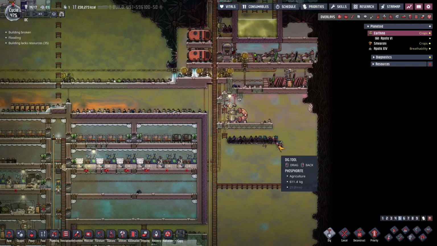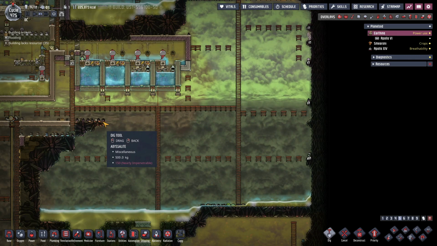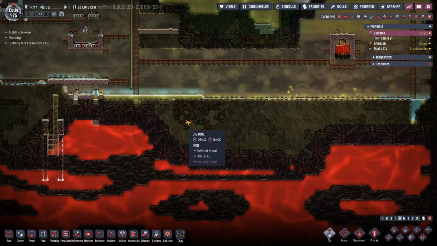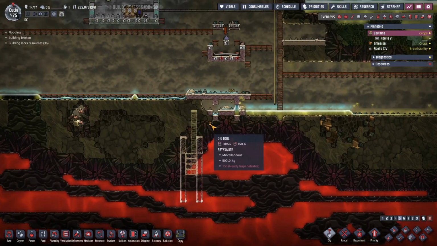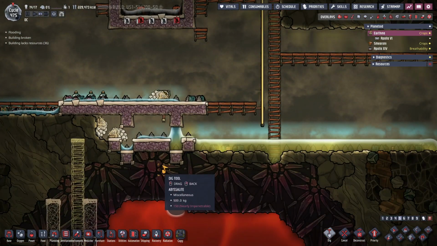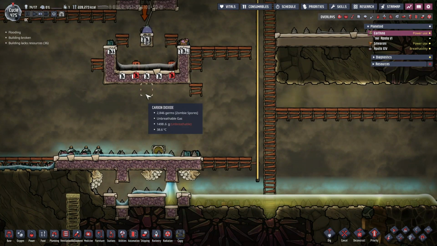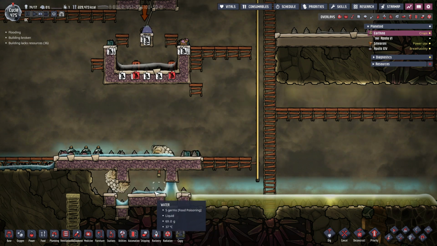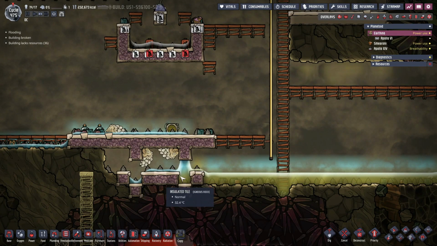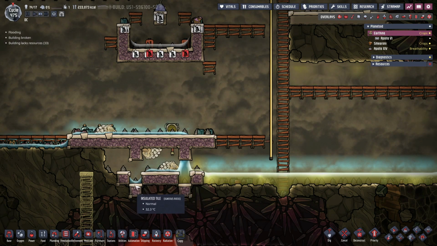So other than that, it's just a matter of continuing to dig out the rest of the map, which we're working on. And I think it's time to really start working on this. All right, so in order to do this, we want a liquid lock here. Now, this liquid lock is fine. However,